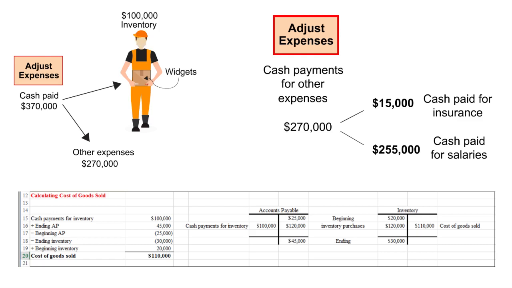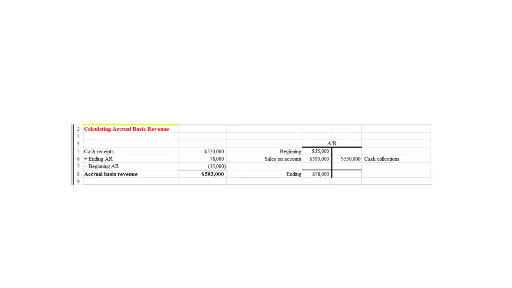We can explain the reasons for the adjustments with the T accounts that we're going to see. And finally, the accrual basis calculation is presented in our spreadsheet. So if we take a look at this one, we'll start with the first T account. We had cash receipts of $550,000. We add in the ending receivables, that's sales made this year but haven't been collected. We subtract out the beginning accounts receivable. That was collected this year, but it related back to last year. And we now have $593,000. So that helps us with understanding how the balance worked.